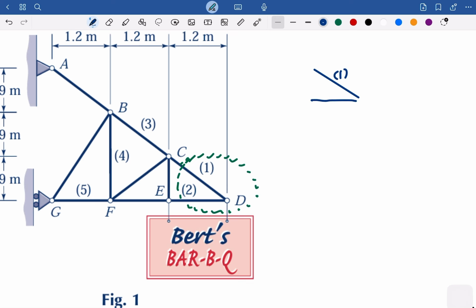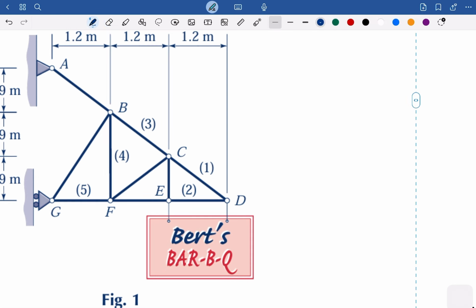And this will be, okay. So this is 2. Or maybe let me write this is just D. Okay. Pin jointed D, and we have,